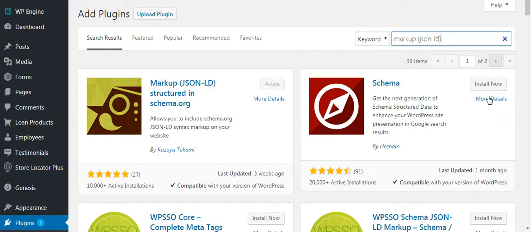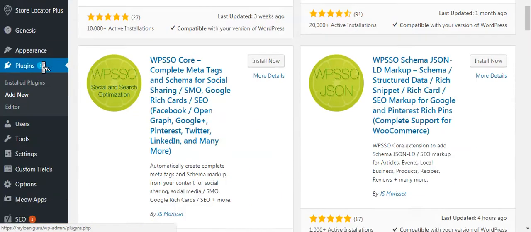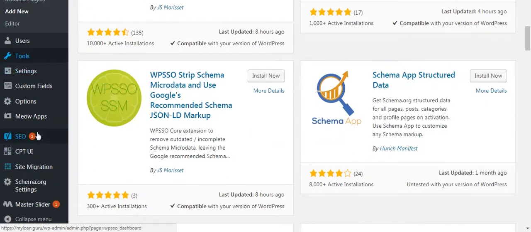It's actually going to say install now. You see this one here on the right, the schema one, it says install now. The same thing is going to say here. You're going to click install now, and then it's going to say activate, and you're going to click activate, and it will become active. Once it's active, you're going to come down here and look for it, and it's actually going to say schema.org settings. You're going to click on schema.org settings,